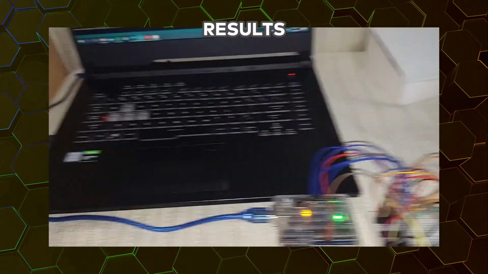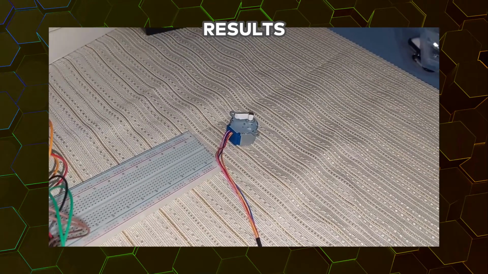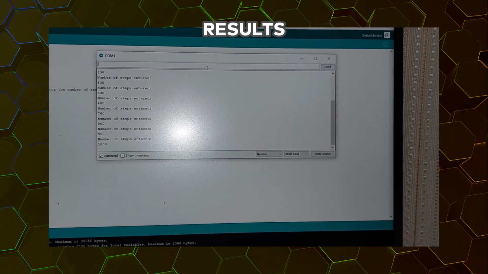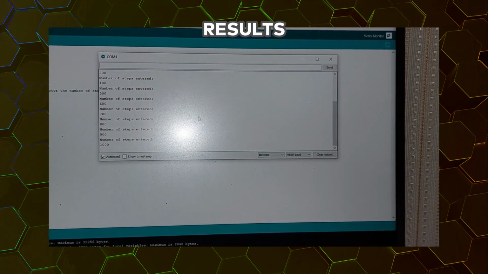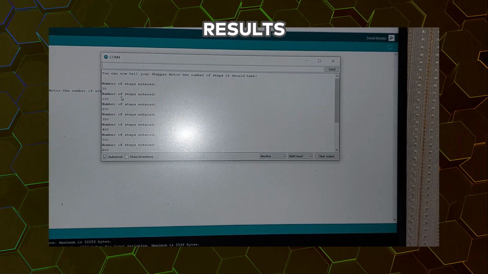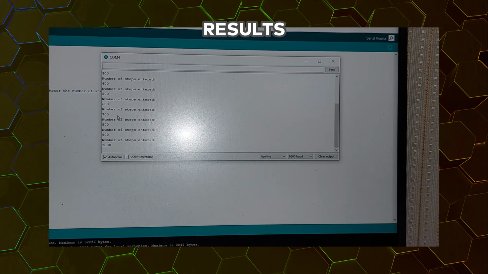So as we can see from this part of our experiment, the higher the value that is inputted in our serial monitor, the longer is the angular displacement, or the higher the value is the angular displacement of our step motor. So here, the number of steps entered is 50, next 100, next 200, 300, 400, 500, 600, 700, 800,